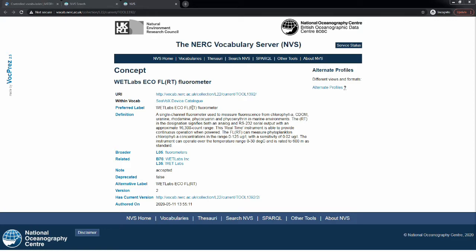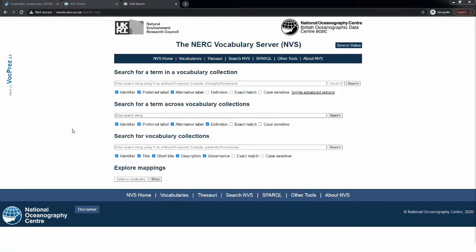We've got the preferred label, which vocabulary it belongs to, the full definition for the term, and several related terms as well. If we wanted to use this, we could use this direct link as a unique reference for this term, and that would always bring you back to this specific definition. Okay, so if we go back to the search, another option,